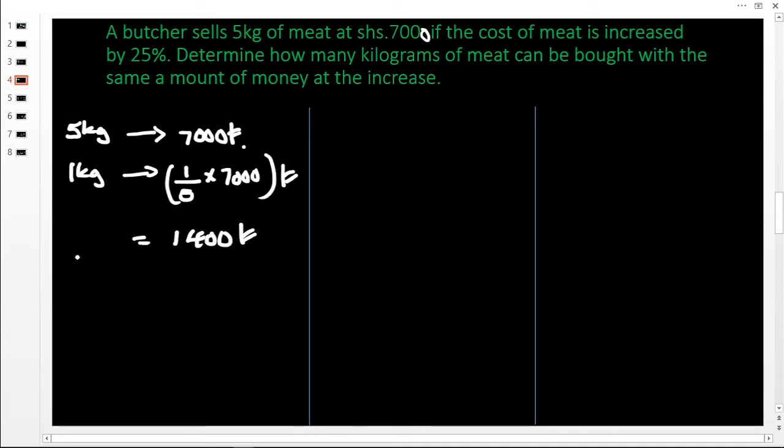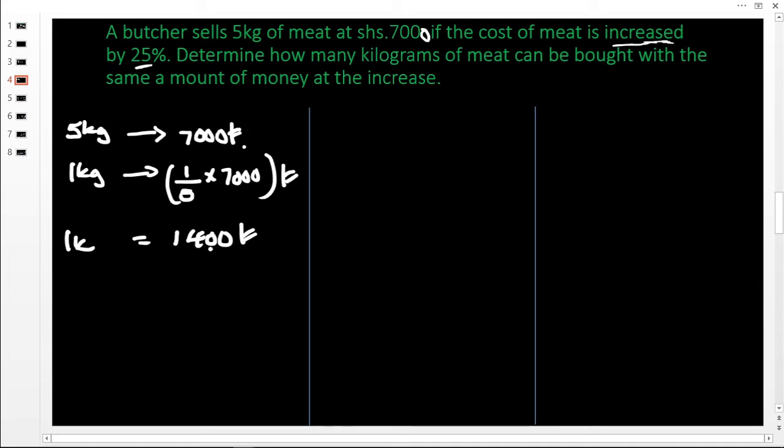This means that 1 kilogram of meat costs 1,400 shillings. We have found that. Let us now continue. If the cost of meat is increased, we have a new term here we have to deal with. If the cost of the meat is increased by 25%, we have to recall our concept of percentage increase, meaning that now before